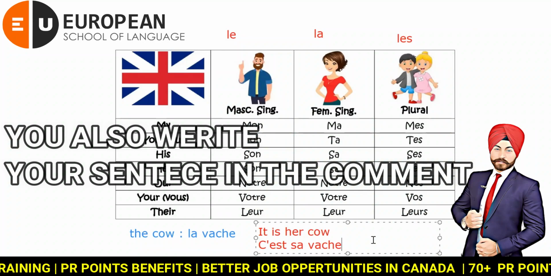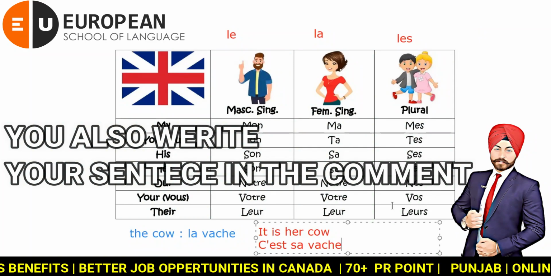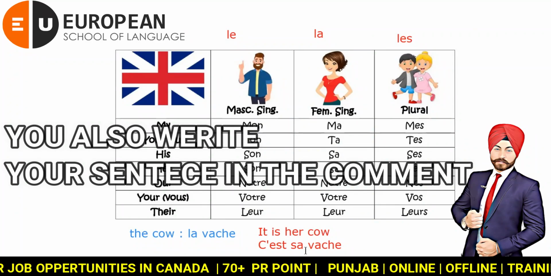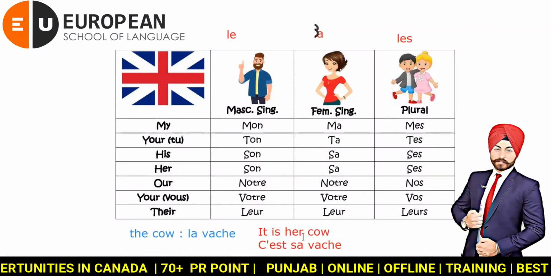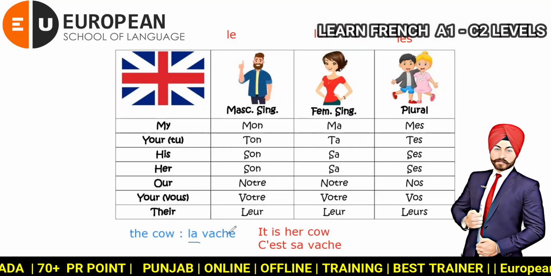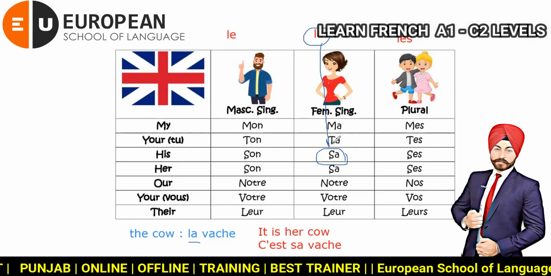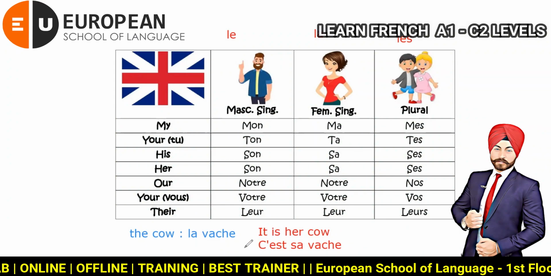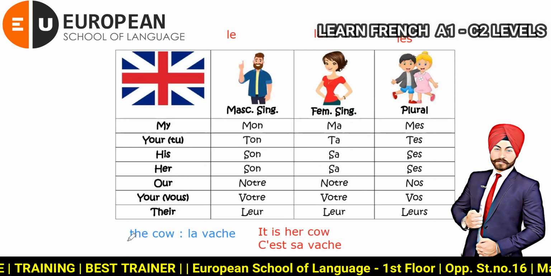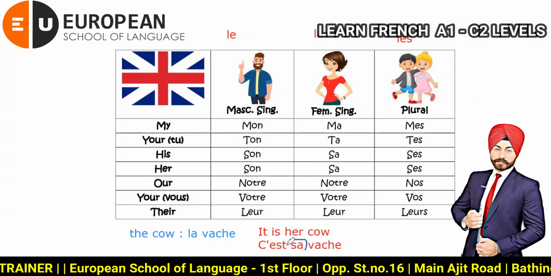सर इन्होंने ला नहीं लगाया. हाँ, उन्होंने ला नहीं लगाया. ला तो नहीं लगेगा ना. मैंने लास्ट अभी सेंटेंस में क्या समझाया था? इट्स हर काउ एंड हर के लिए हमने जो ला लू था उसका सा यूज कर लिया. वाई? क्योंकि ला है फेमिनिन. फेमिनिन के अकॉर्डिंग आ जाएगा सा. ठीक है जी. Okay, नाउ हम इंग्लिश में भी ऐसे नहीं बोलेंगे इट इज हर द काउ. ऐसे थोड़ी ना बोलेंगे. इट इज हर काउ. Yes, sir. सो हर काउ के लिए हमने सा यूज कर लिया.